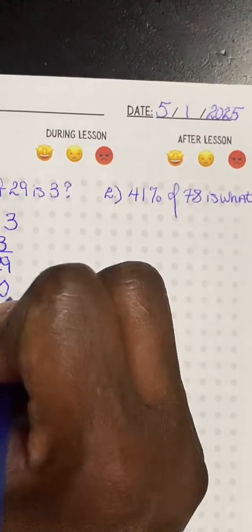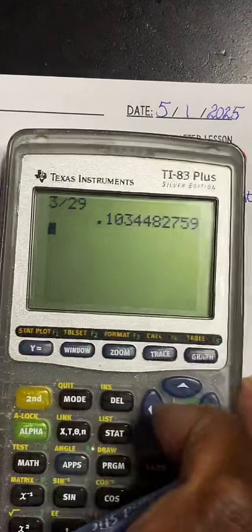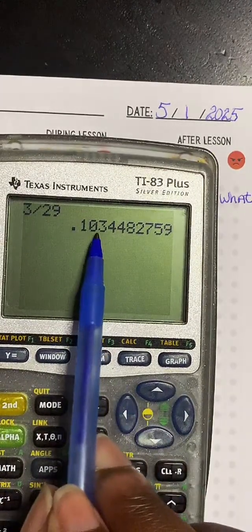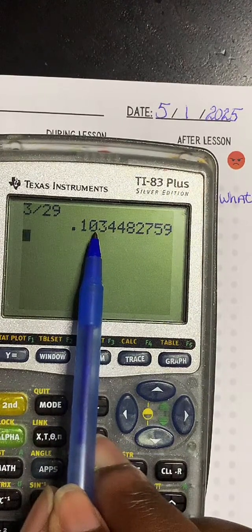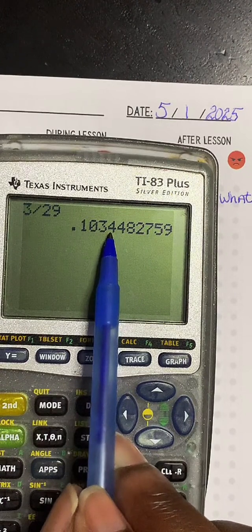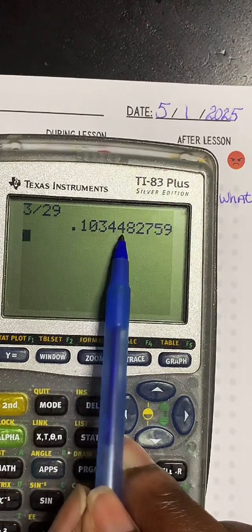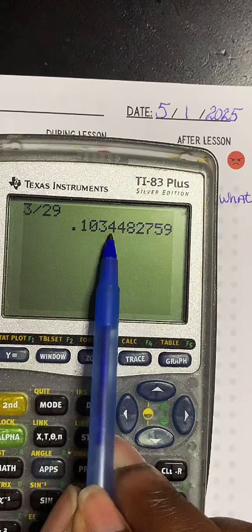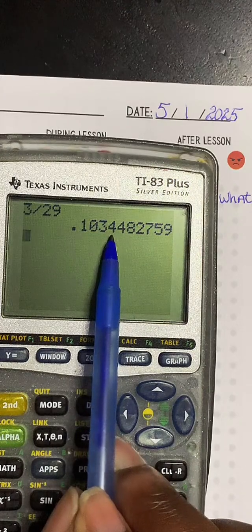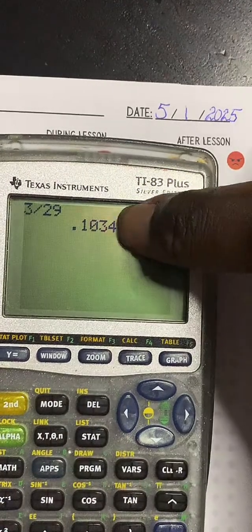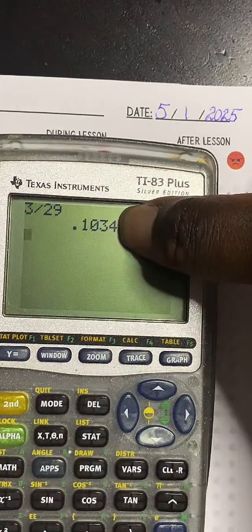So I got my 10 point. And let's take it to the 100th. Okay? So if I'm stopping between 0 and 3, that means I want to stop here at 34. So that means I need to look at the next number. If it's 5 and above, we're going to give it a shove. That means we're going to add 1 to this 4. But if it's 4 and below, like it is, that means all of this here is gone. So we're just going to leave it at